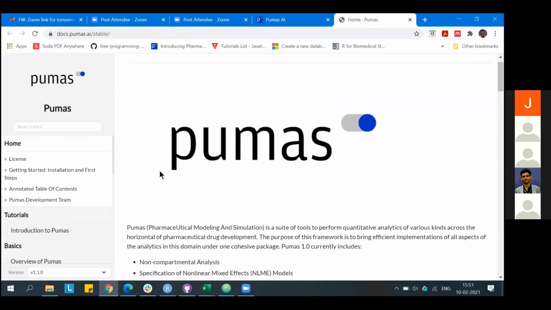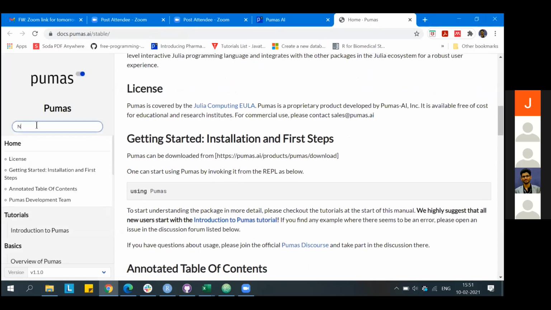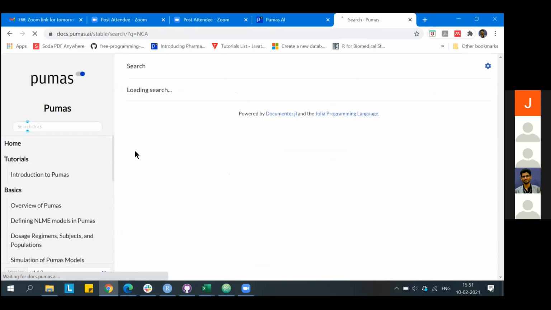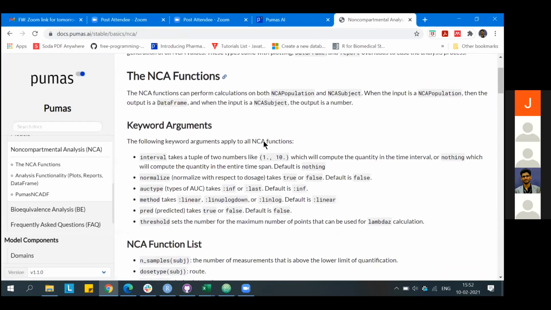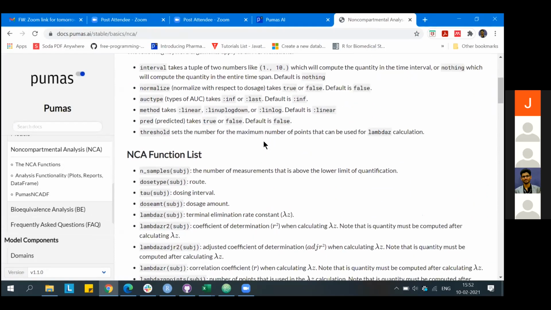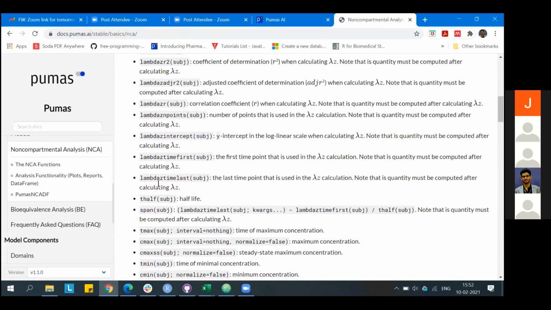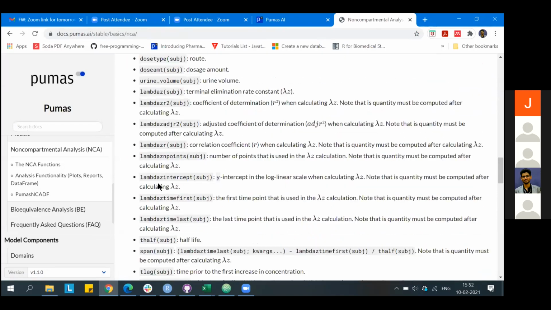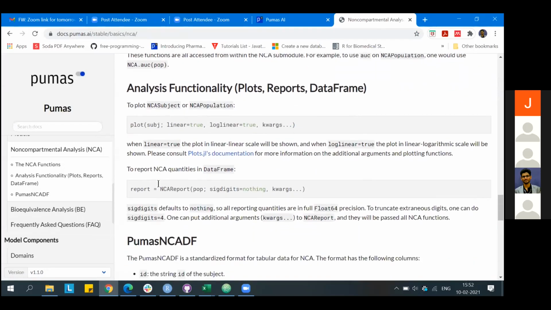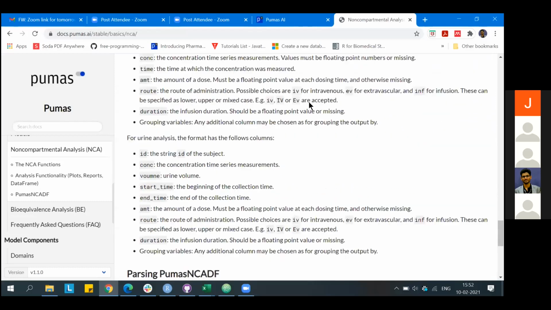If I type in NCA, non-compartmental analysis, you'll get a clear explanation of what each parameter estimate means and how the functions can be used.